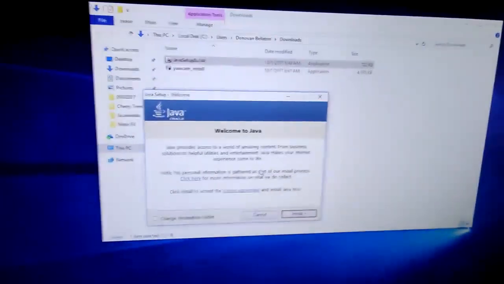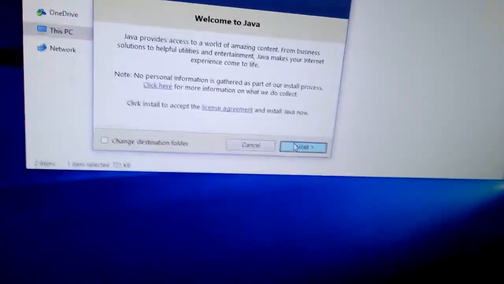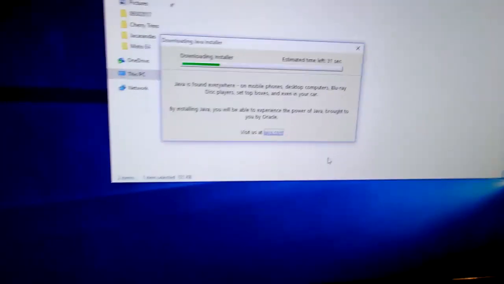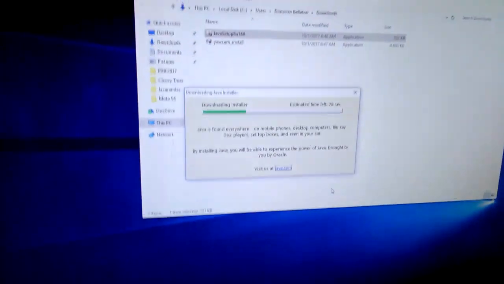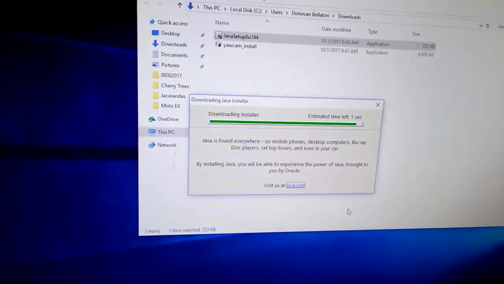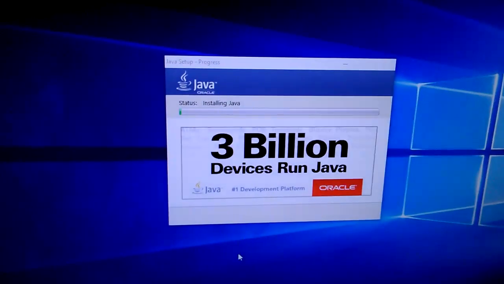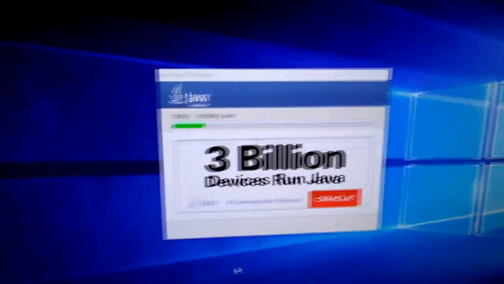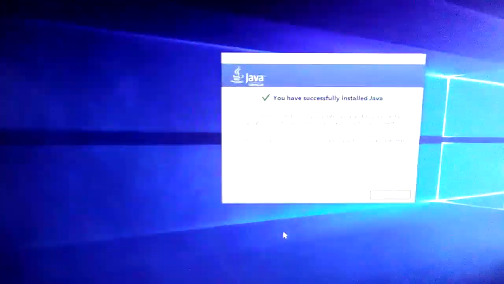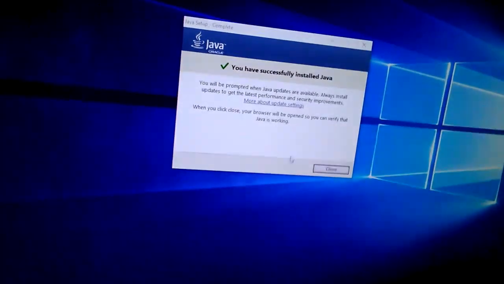Okay, you will get the user account control warning one more time. You just click on OK, and then you can just go through the prompts. It's very straightforward. Click on install, let it download the installer. It will unpack it, and it will begin the installation in a little while. As you can see right here, it started installing after it decompressed the installation files, and after a while it's done, and it tells you that you have finished installing Java. Just click on close when you get this little window,